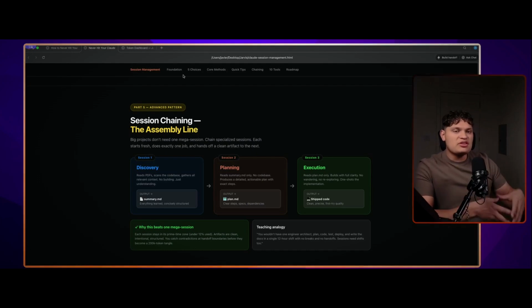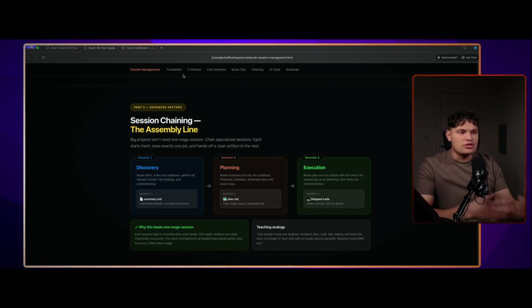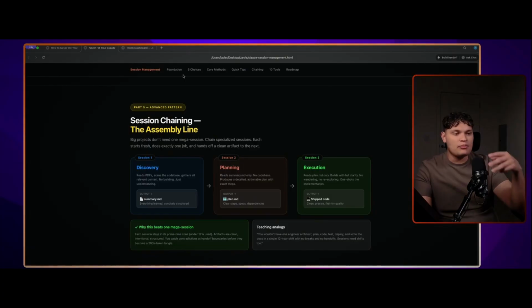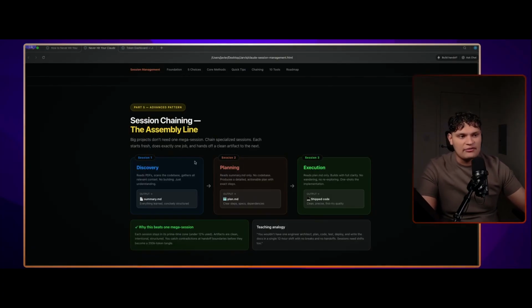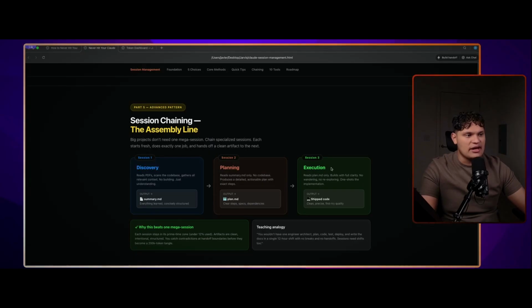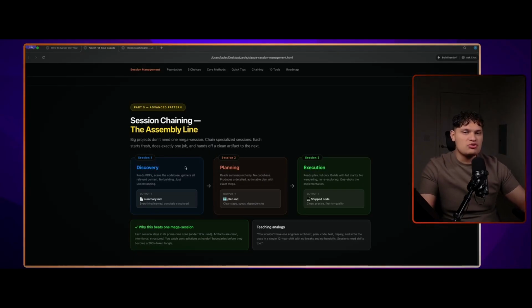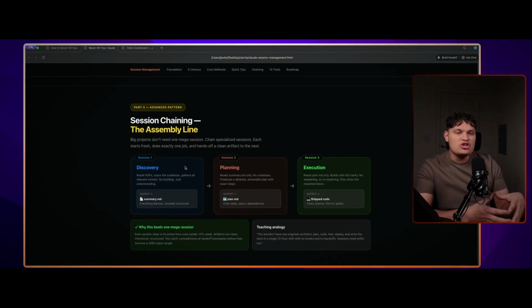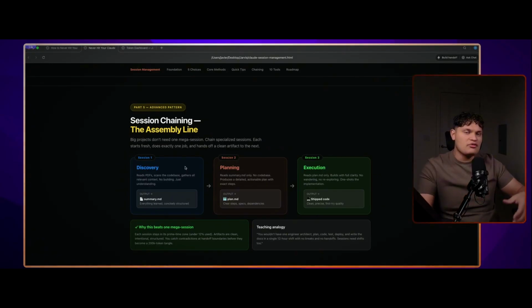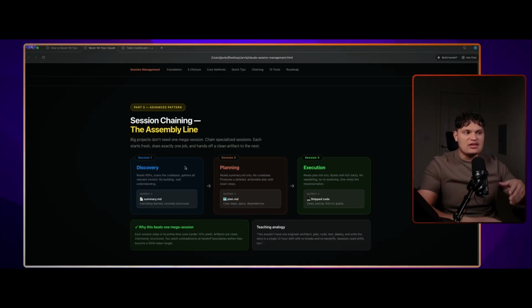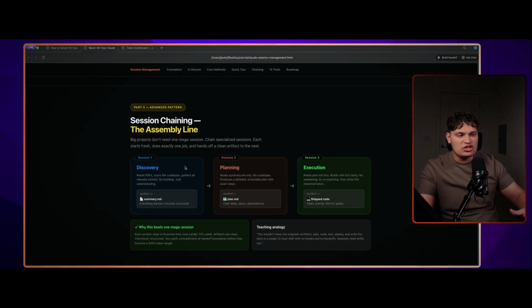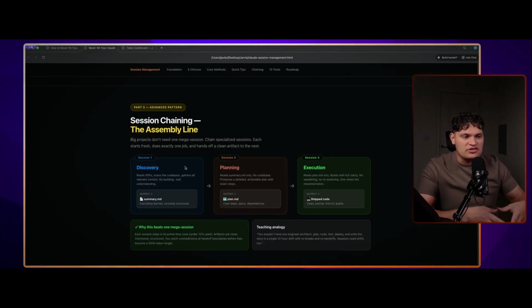So the biggest myth is that everyone is trying to get everything done in one session. The best way to do it is splitting it amongst 3 sessions. We can have the discovery phase, the planning, and the execution. And then you pretty much do that same thing that we were talking about earlier about shipping it off per conversation. You think of bringing it over into each session. And then that last session is execution with better context.